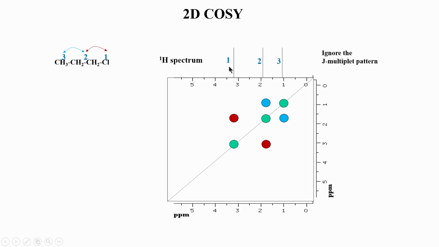You will not see any correlation between 1 and 3, because these 2 hydrogens are really far away, they are 4 bonds separated. It is very difficult to get information about them by simply doing a COSY. COSY will not work, because the J coupling between proton 1 and 3 will be very small. So, this is why we will not see any peak here, because of no direct coupling.